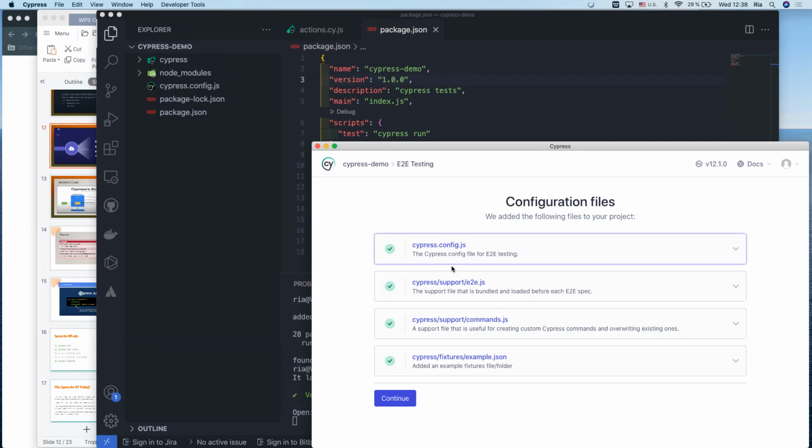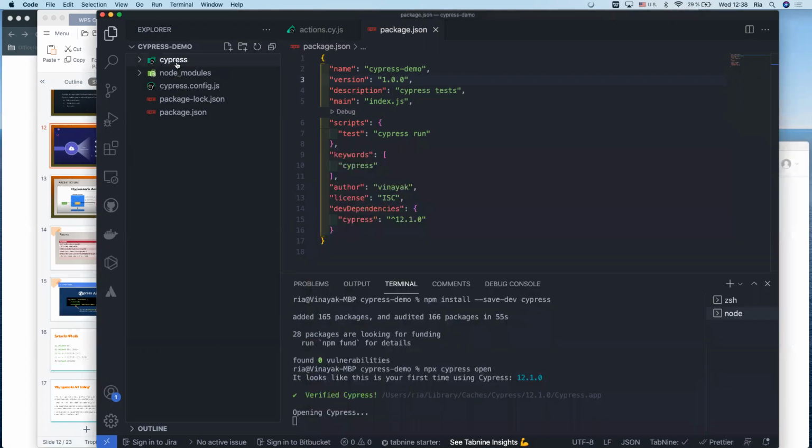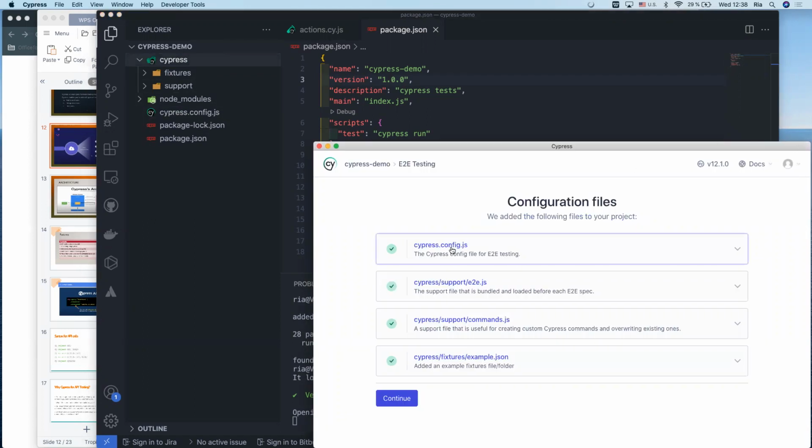If you notice the left side here, you can see the Cypress folder is created and comes with fixtures and support. I'll be covering those soon. And these are the default config files, the cypress.config file for